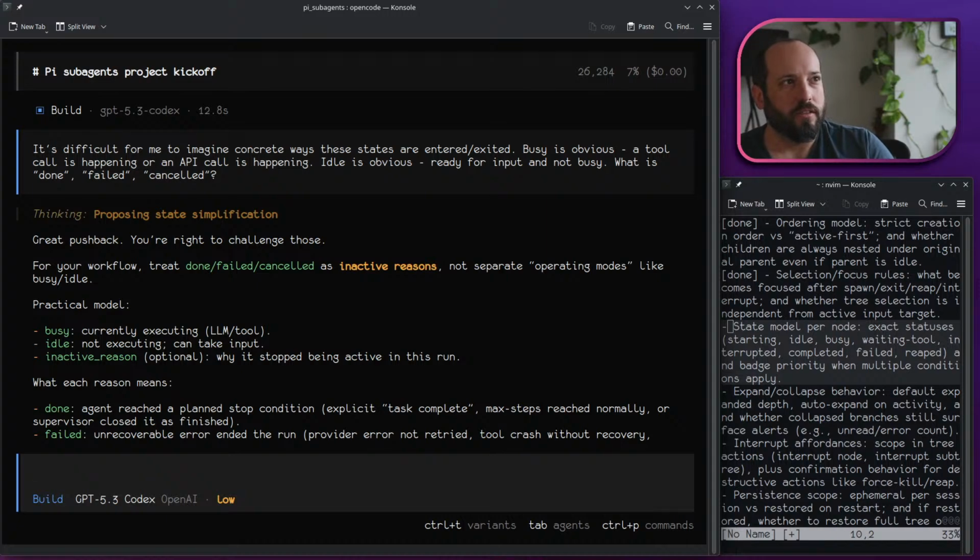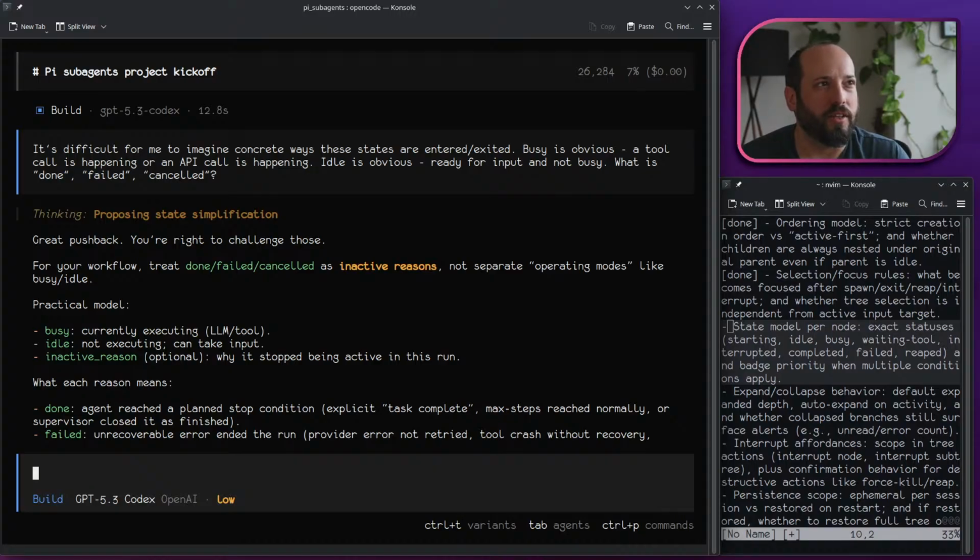But done and failed would have to be LLM assigned, and I don't know if I want that because it would probably require having a whole separate tool, and the LLM would proceed and finish its task and then call the tool and either say done or failed. Actually, maybe I do like that